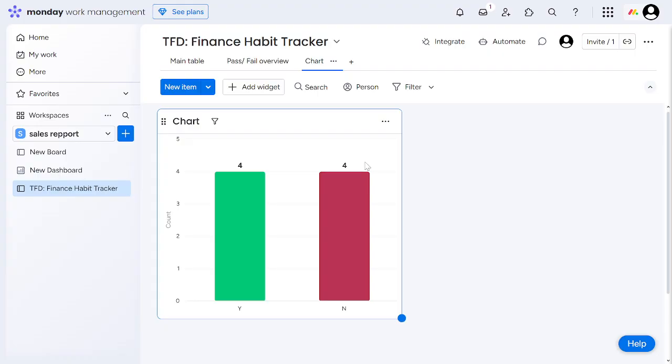And just like that, you're now a pro at monitoring your spending in Monday.com. It's an efficient way to keep your finances in check and make sure you're staying within your budget. To wrap up, remember, always update your expenses and regularly check your chart view. With these steps, you'll be on top of your